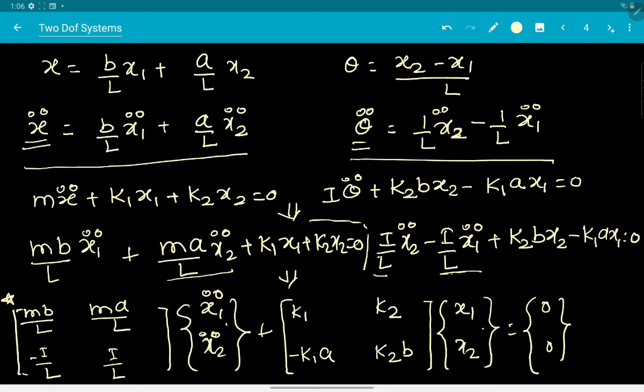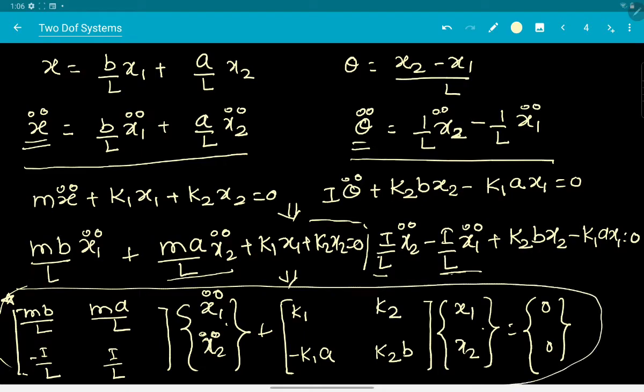Now this is a pretty weird set of equations that we have obtained. However, we'll simplify it even further. But before we simplify it, let's have a look at what we have obtained. As I just told you, this vector is the acceleration vector and this vector is the displacement vector. So obviously the matrix pre-multiplying the displacement vector should be a stiffness matrix, and this should be equivalent to a mass matrix, right?